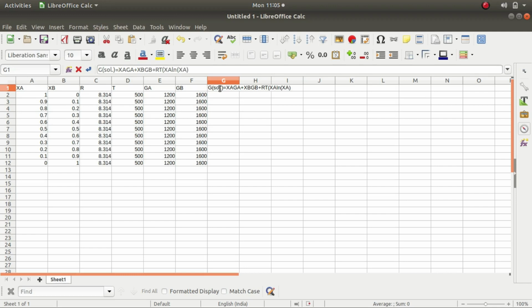Then, yeah, completed. Then come down and enter the equal to symbol. Remember, enter equal to, and from the formula, give some information like xa. So in the same row, go to the xa column and then click that value. Here we see a3, and then here we have to multiply.